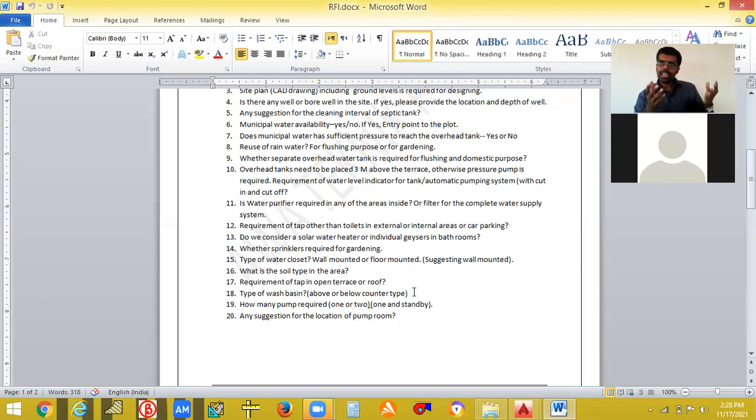So it takes time, and sometimes revisions will be there. Sometimes we only see the actual site plan and drawing, but the actual site condition is different. In those cases, we need some alteration in the routing of the pipe or something like that. I will show you after this.